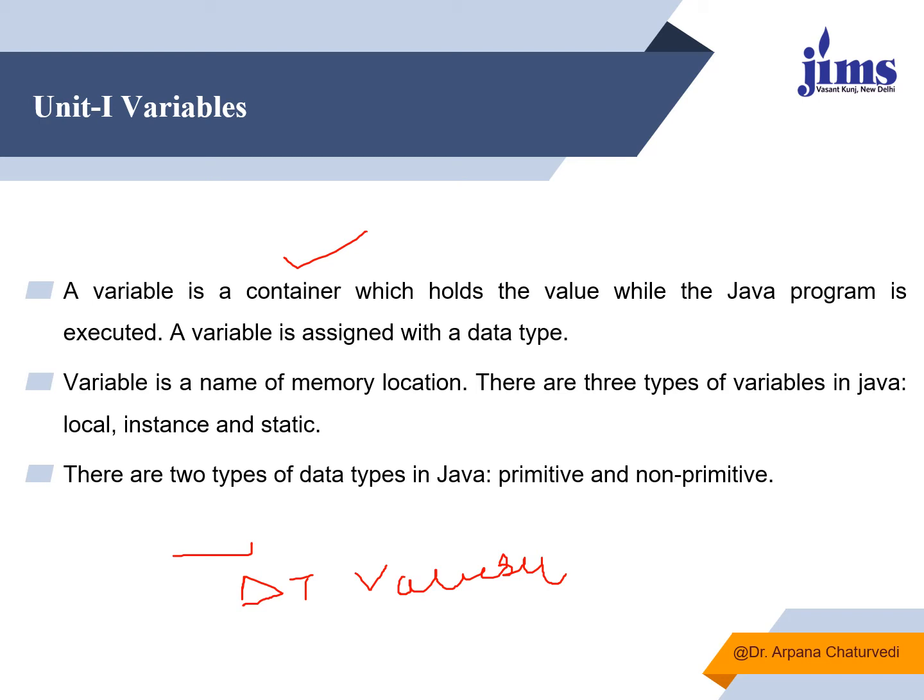The moment we declare a variable of a particular data type, it occupies space in the memory. It also has some address, but it is difficult to read the address which is in bit form. It's better to have named memory locations, and these named memory locations help us to access and manipulate the values stored within that variable. There are three types of variables in Java: local, instance and static.